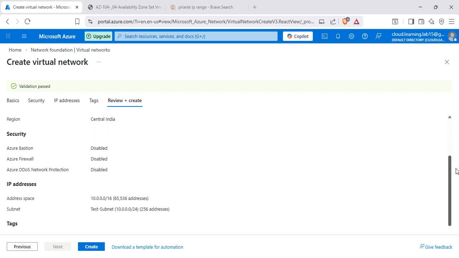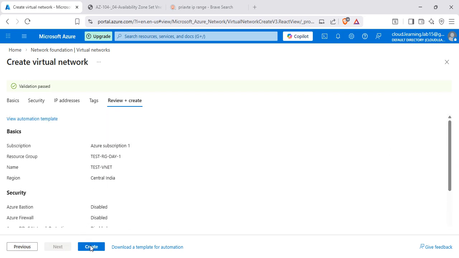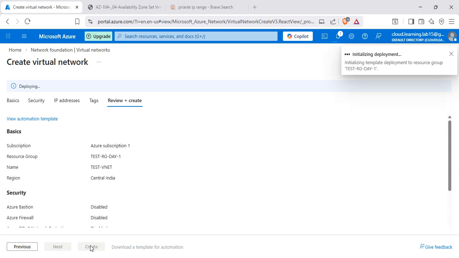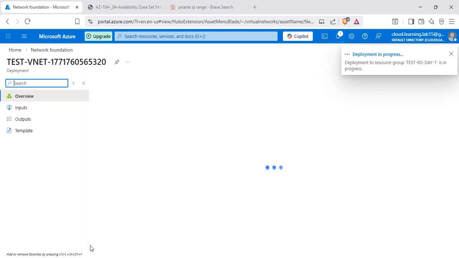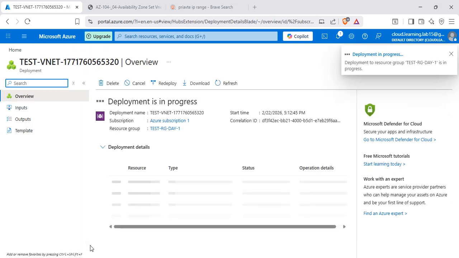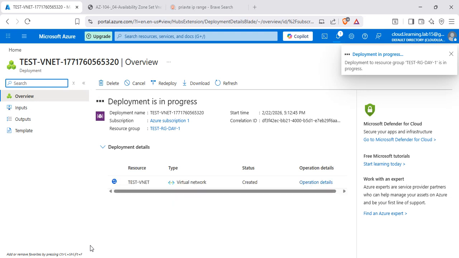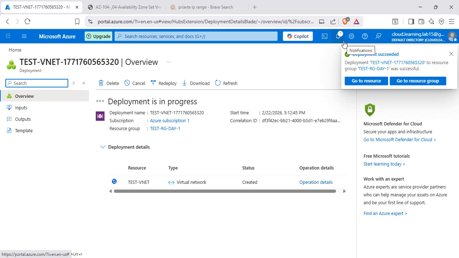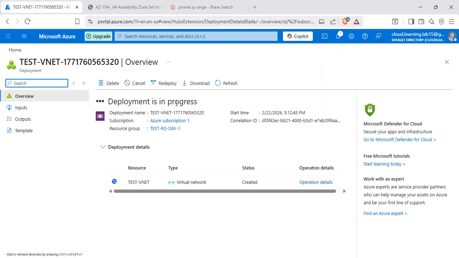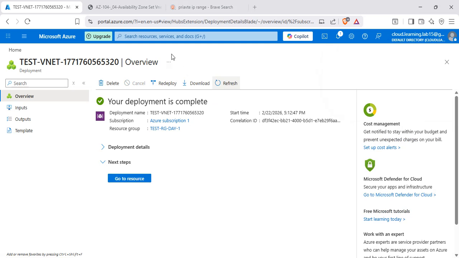Check once that everything looks good, then click on create, and it will create. You will get a notification that the deployment succeeded. So once our VNet is created,